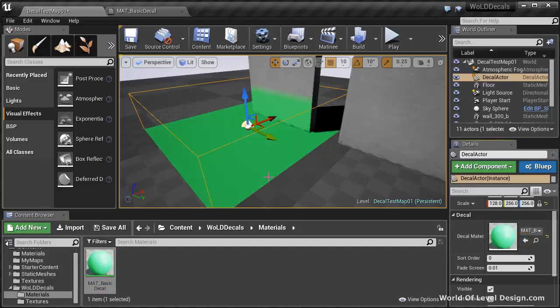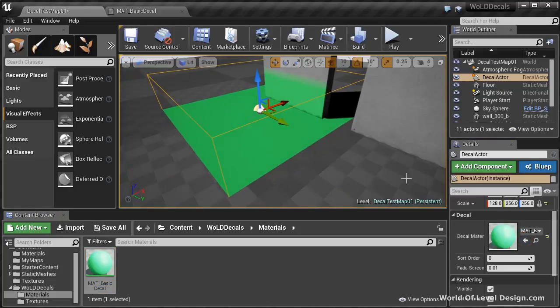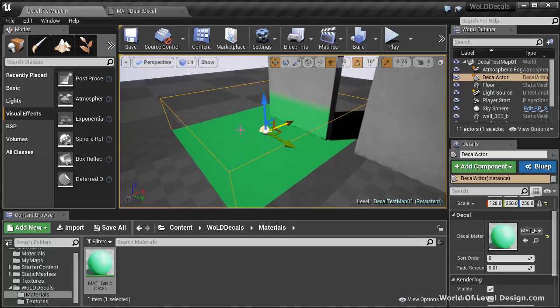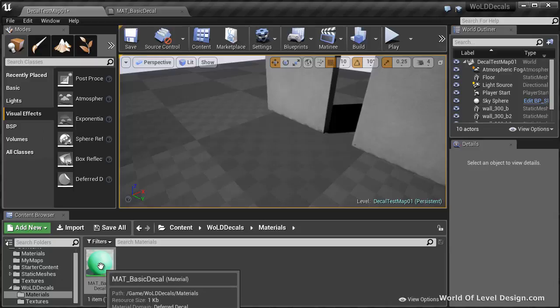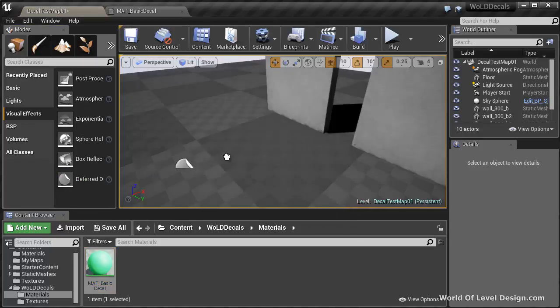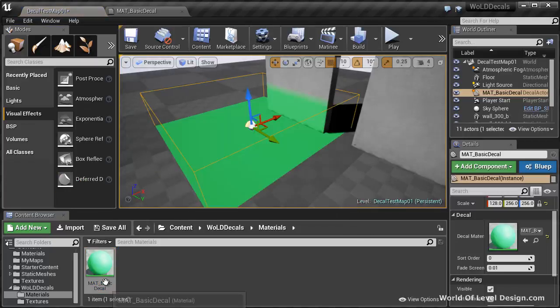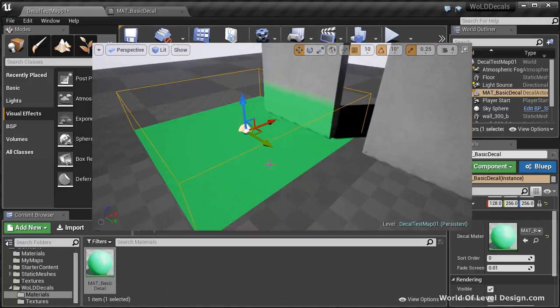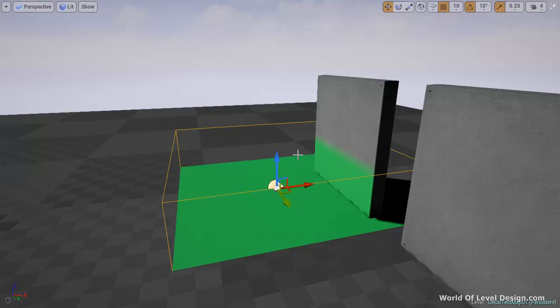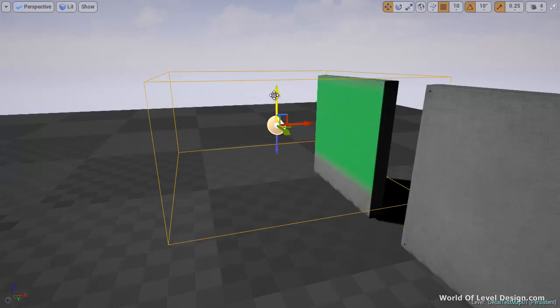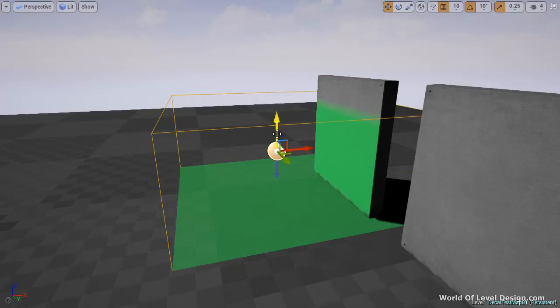Another quick way, so you don't have to assign a material every time you place a deferred decal actor, is simply select the decal first inside the content browser, and then under Visual Effects, drag the deferred decal. This will assign the selected material from the content browser to the actor. Now once you've placed a decal material into your map, you can move it around. You can hit the spacebar key to rotate it,